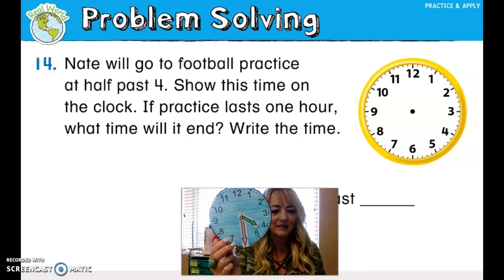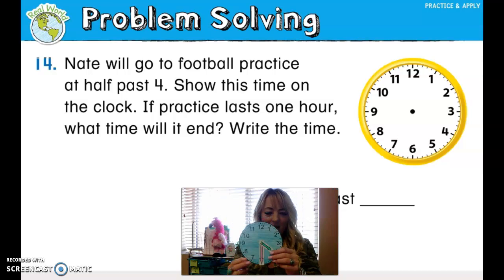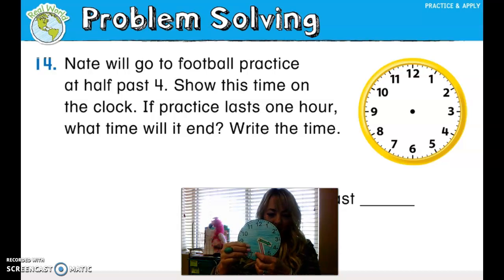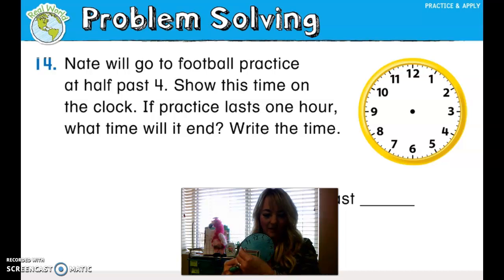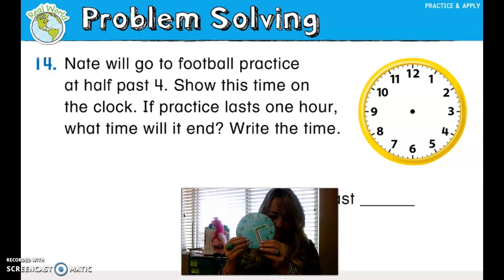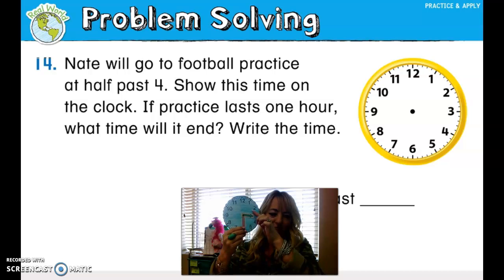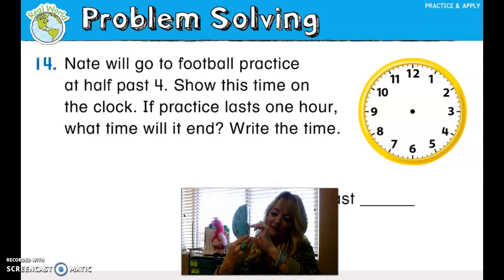If practice lasts 1 hour, what time will it end? So it lasts 1 hour. So the minute hand would go all the way around and then go back to the 6, because that would be 60 minutes. But then the hour hand, he started at 4:30. So now instead of it being 4:30, it would go around one more time and it would be